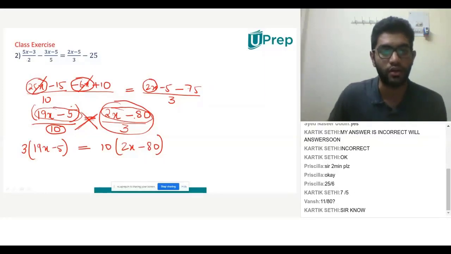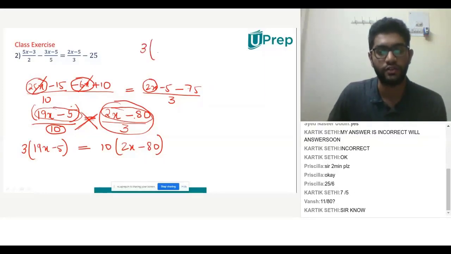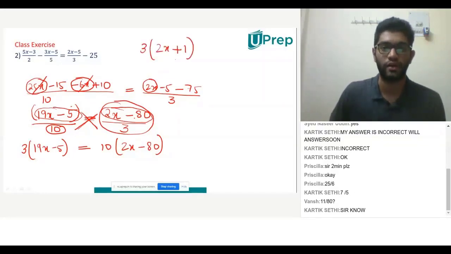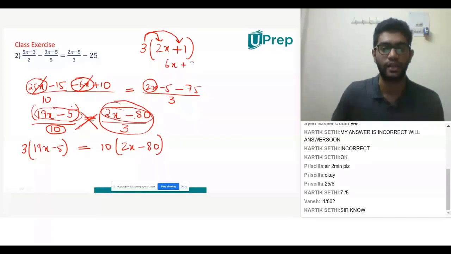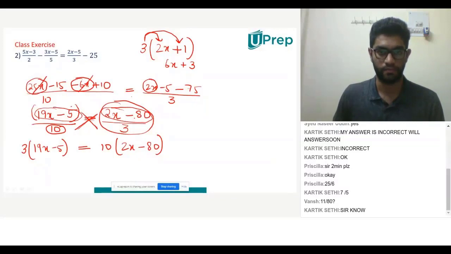It is not just one individual, because you're sending the entire 3 over here. In the previous one, for example, if I write 2x plus 1, you multiply 3 with 2 and you also multiply 3 with 1. Do you just multiply 3 with 2 and leave it? You write 6x plus 3, right? For example. Yes, sir.